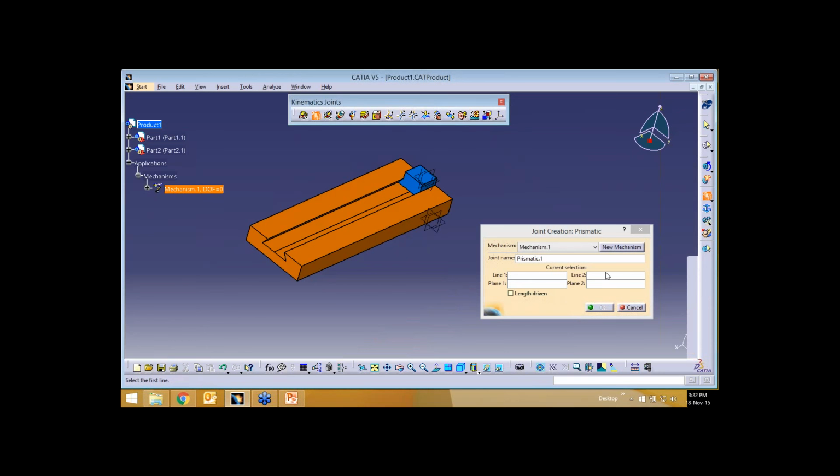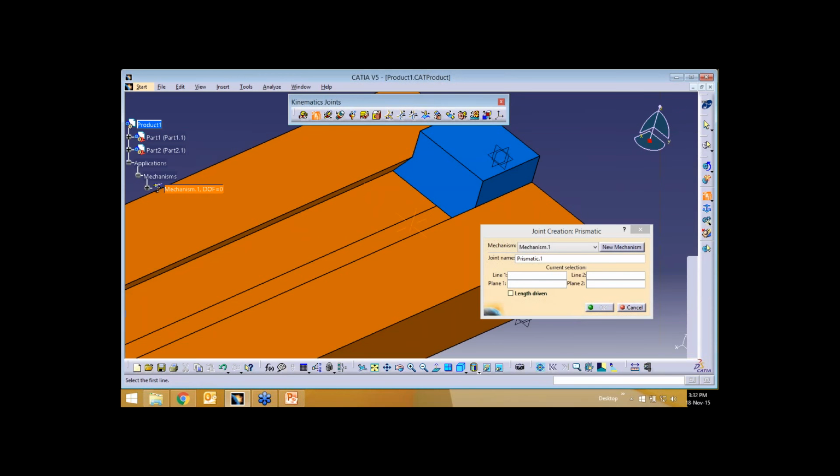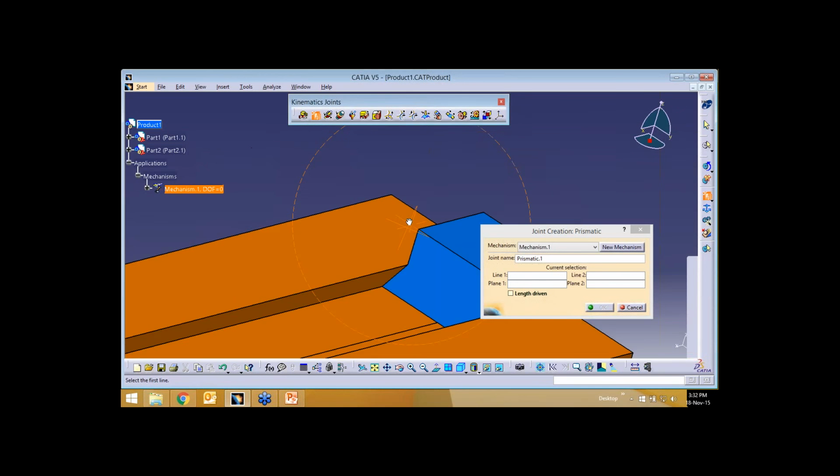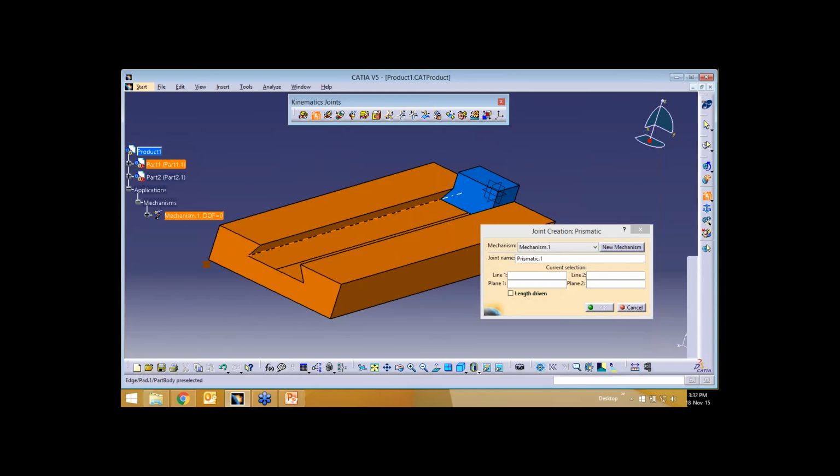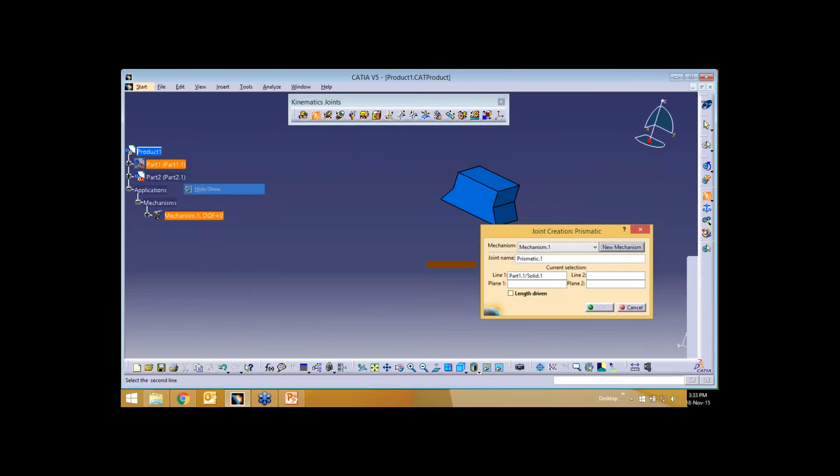So what I'll do is I'll first give this line and this edge of this component to be coincident. So this line, right, and this line, and face, like from this face to this face, and say OK.